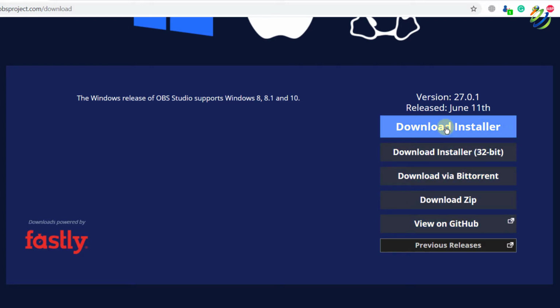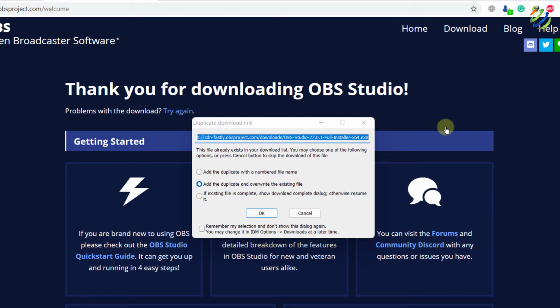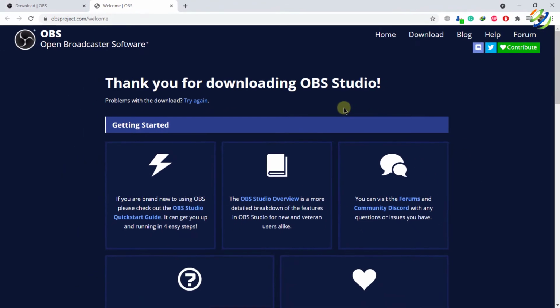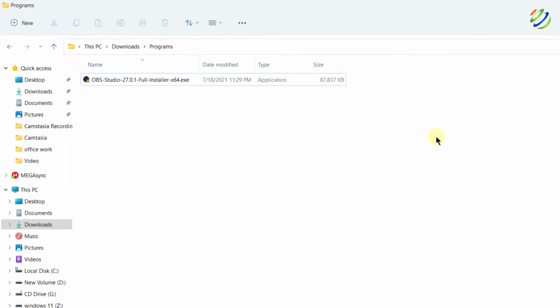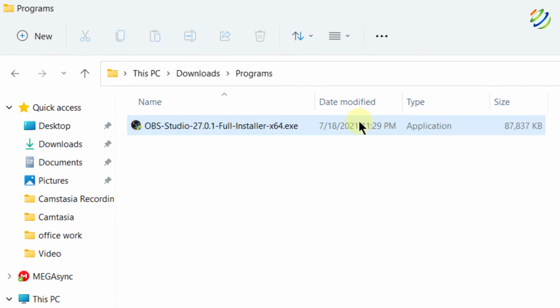I'm going to download the installer. So just click on it, it will start downloading your file. I have already downloaded it, so that is why I will just cancel it, and now I will take you to the directory where I have downloaded my file. This is my file which I have downloaded, so I will just double click on it in order to install